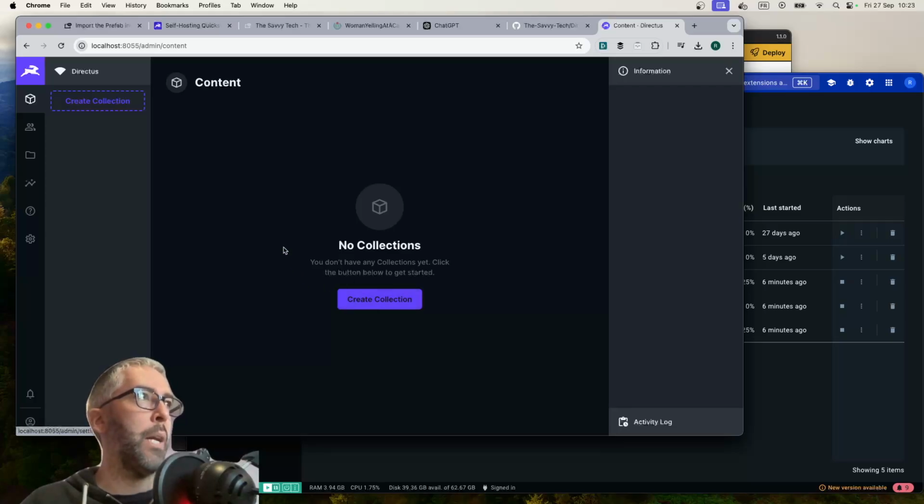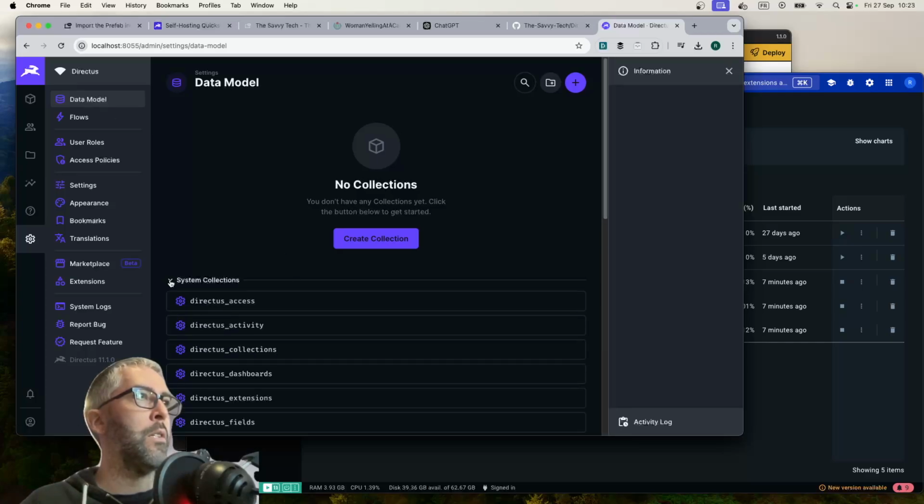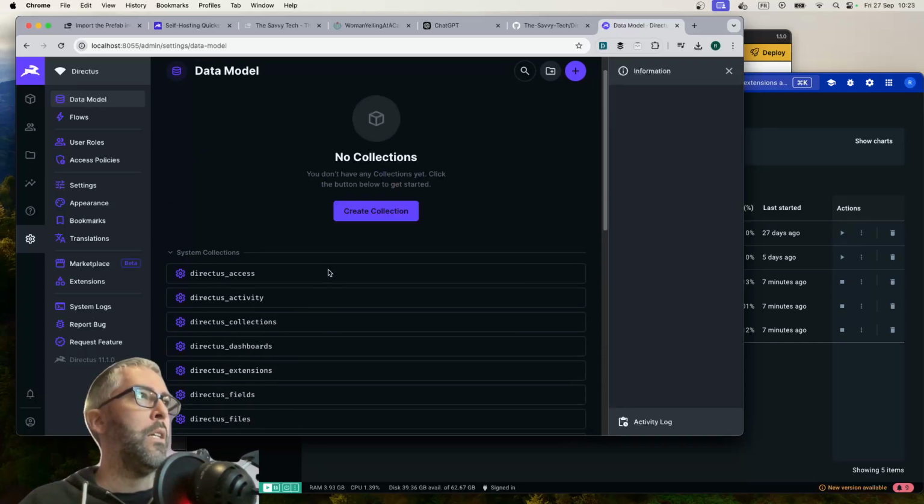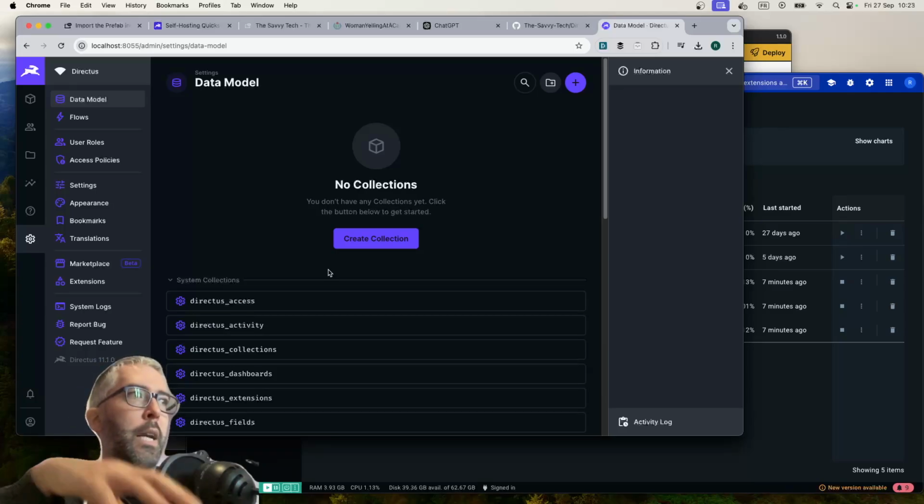We're going to set up a cat meme table, but it also has default tables. If you want to have a look at what is contained within the innards of Directus, go into data model and have a look at system collections. And you'll see essentially what Directus is doing is it's sitting over Postgres and saying, hey, Postgres, I'm going to